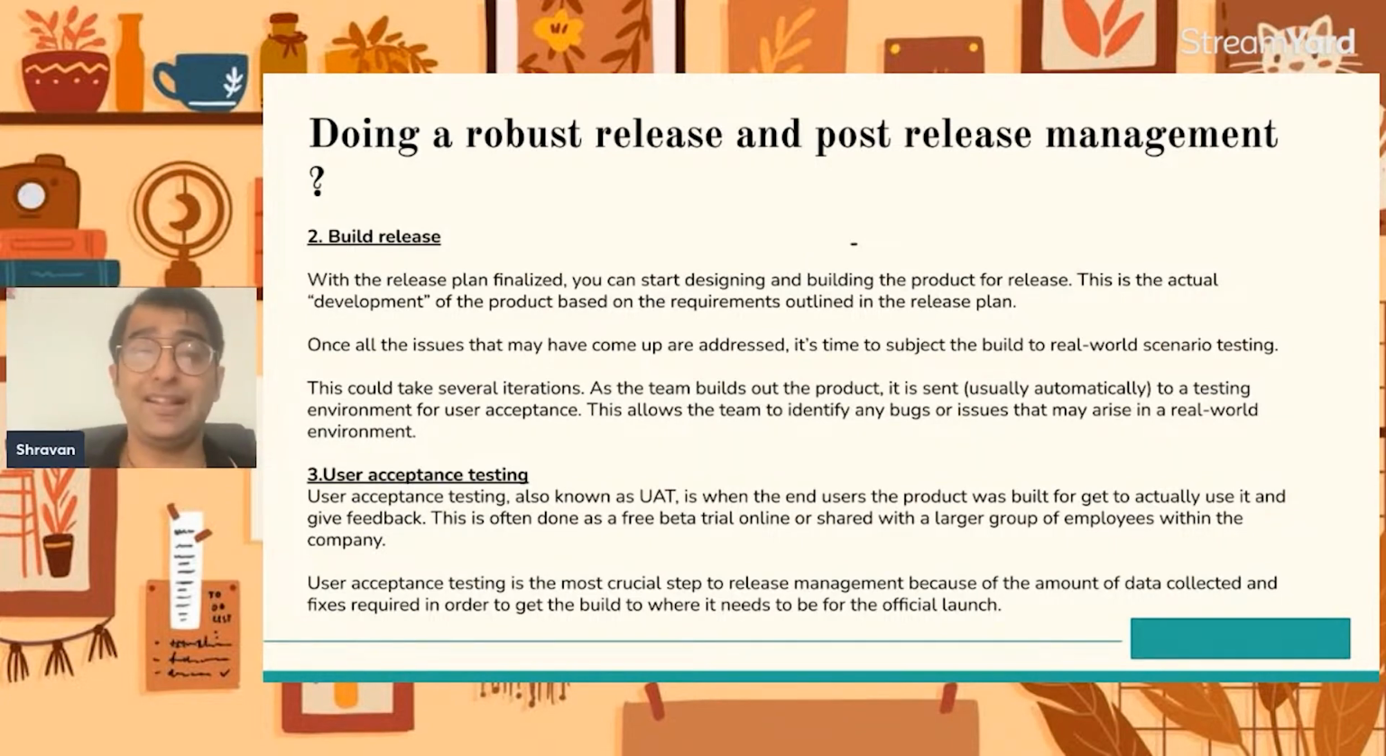Third part हमारा फिर आता है user acceptance testing, right? User acceptance testing, also known as UAT, is when the end user actually gets the product to use it and gives feedback. So UAT के time पे the PM will eventually do the UAT, or there can be UAT done by a beta group of users who eventually will do UAT and try to understand that is there any, like